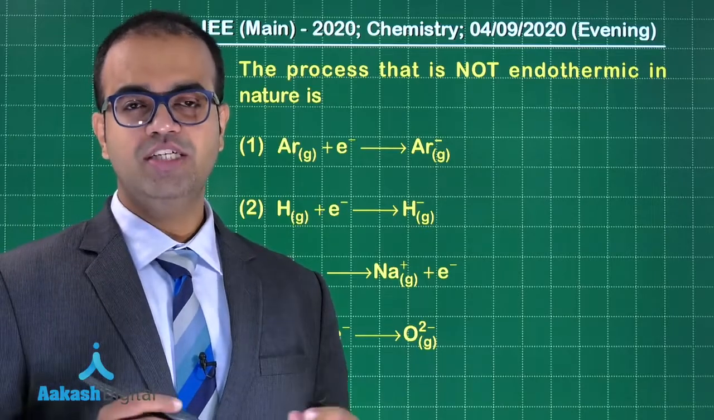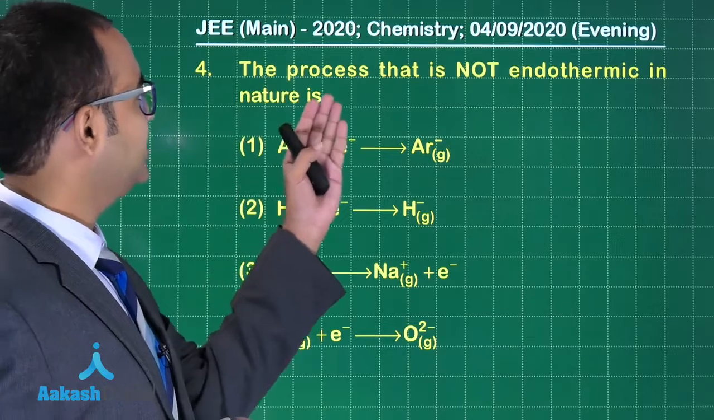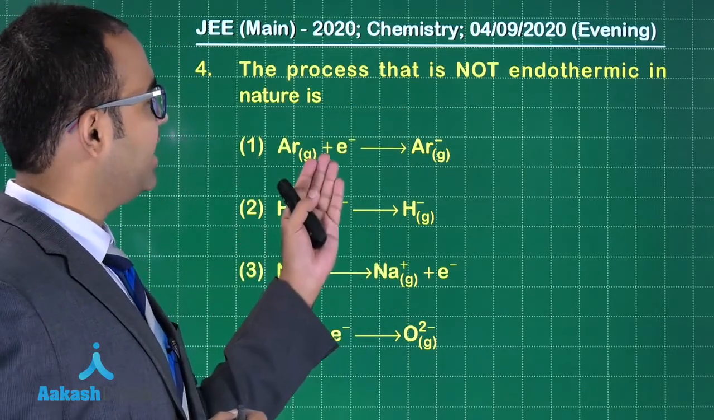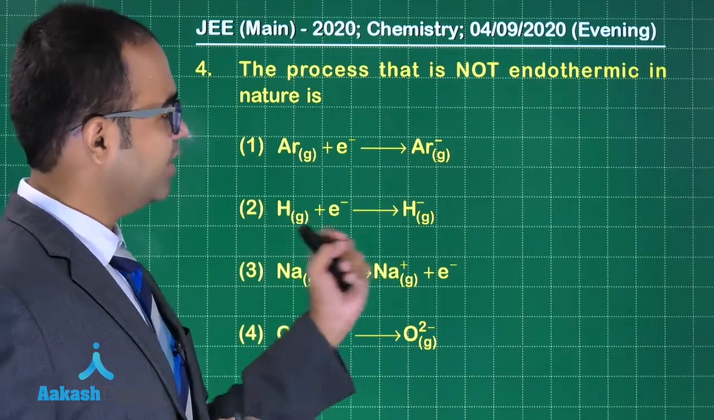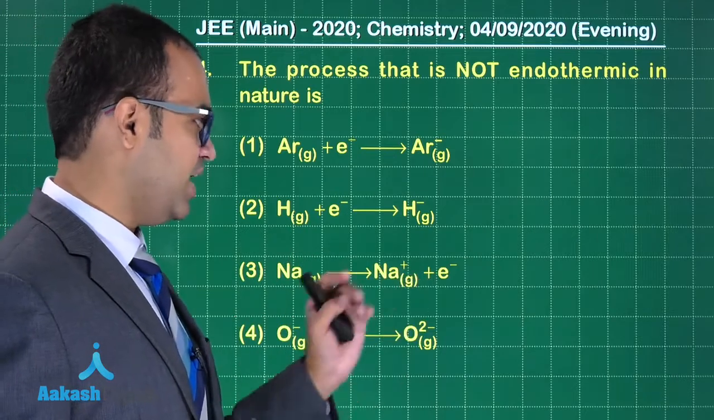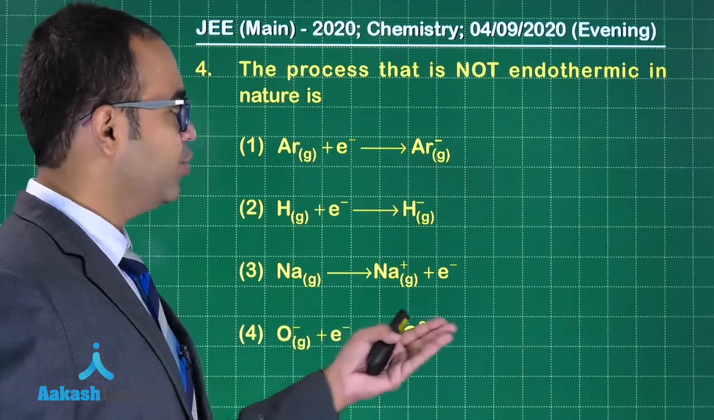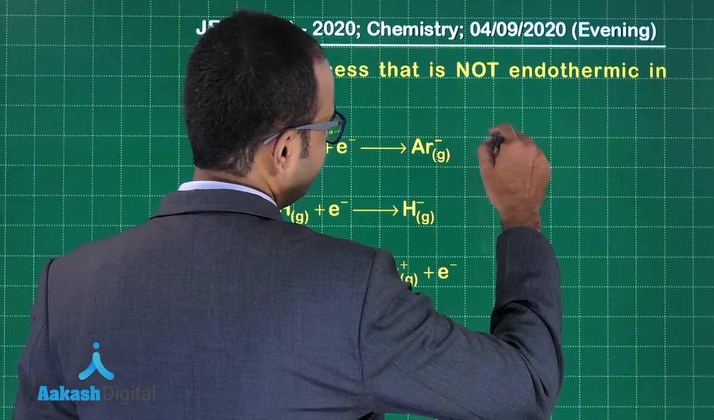Let's solve question number 4, guys. The process that is not endothermic in nature is: Ar accepting an electron giving you Ar minus ion, hydrogen accepting an electron giving you hydride ion, sodium losing an electron giving you Na plus ion, O minus ion accepting an electron giving you O2 minus ion. So if you look at the first process,